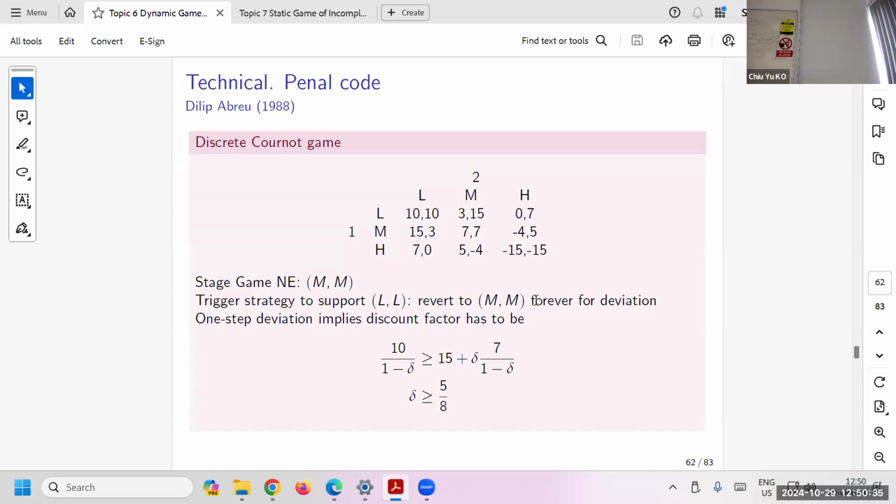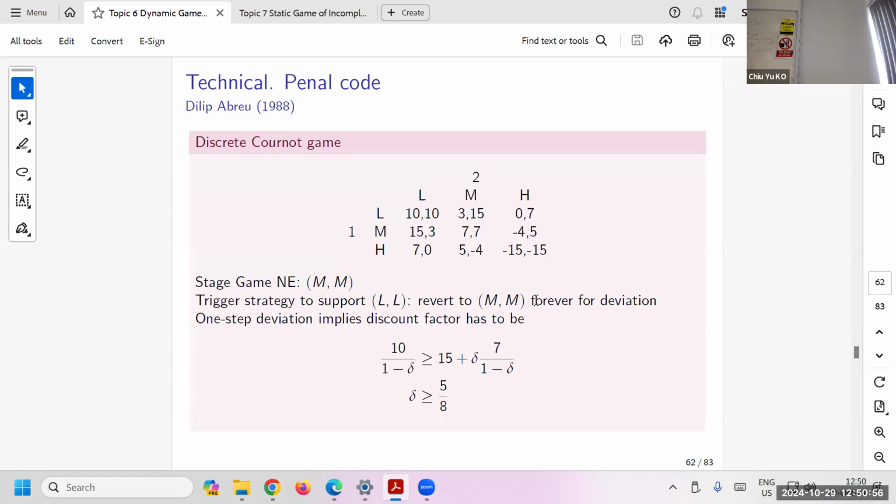The Folk theorem says anything better than Nash equilibrium can be supported if you're patient enough. The reason is if you don't follow what we propose, then we go back to Nash forever. So this is the model that allows you to go even better than that. Need not be Nash. That's what you will see.